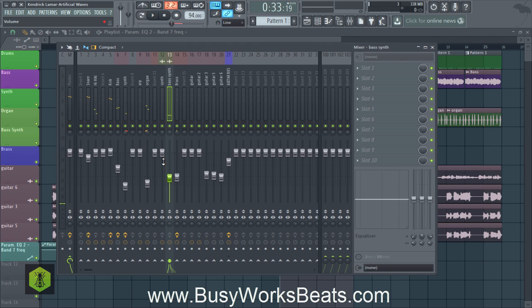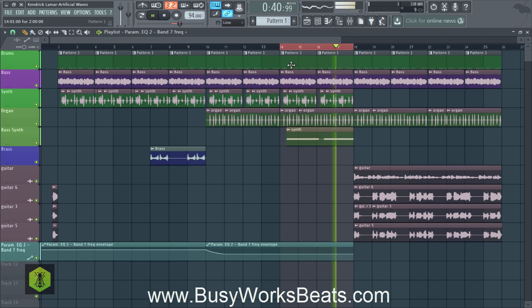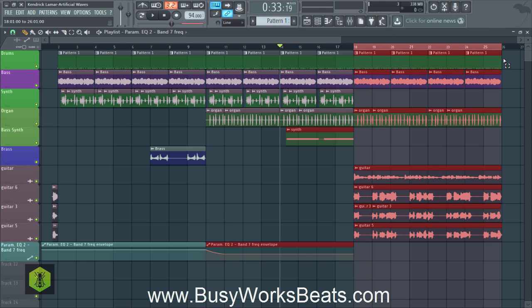In this case, I already have the counterbalance of the organ to the left and I have the synth on the right. To balance these, I would need something in the middle. So I'm gonna keep that synth in the middle, okay? So that's a very subtle synth, but it adds all the character to the song.